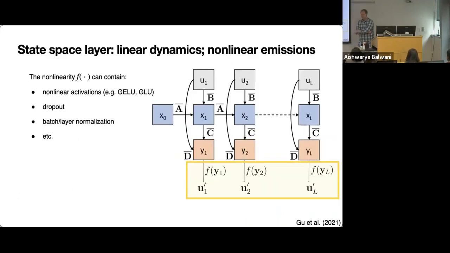Now, linear systems are great. I think I said the exact same words yesterday. Linear systems are great, but there's only so much you can do with them. One thing that you can do is extend them with nonlinear dynamics, like we talked about yesterday. Another thing that you can do is extend them with nonlinear emissions. And a simple way to do that is to pass the outputs at each time step through some nonlinearity f. And this f could be arbitrarily complex, as long as, in this setting, it only applies to a single time step at a time. In our setting, we'll just use very simple rectified linear GLU activations, but you could get much fancier here.